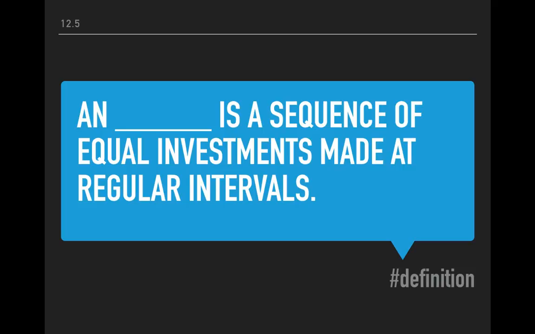All right, here we go with part 2 of geometric series. We're going to start off this part with a new definition for you, a new term. That term is annuity. An annuity, as defined in this text, is a sequence of equal investments made at regular intervals. Now, if you ask me, that's kind of a vague definition, so let me give you just a little more